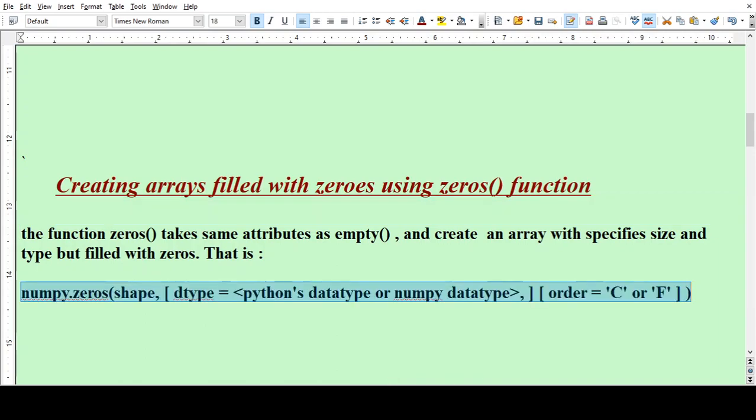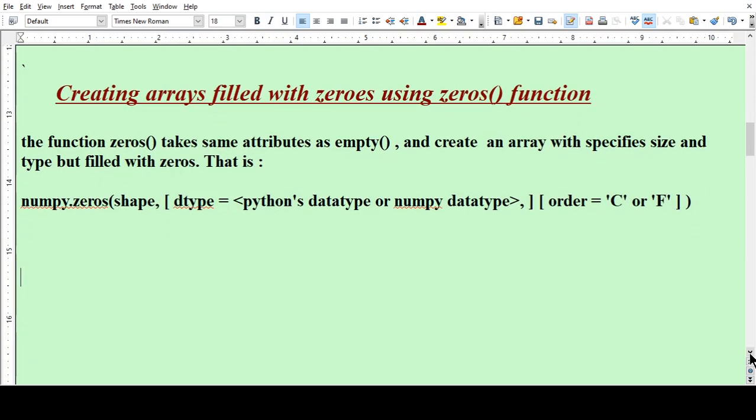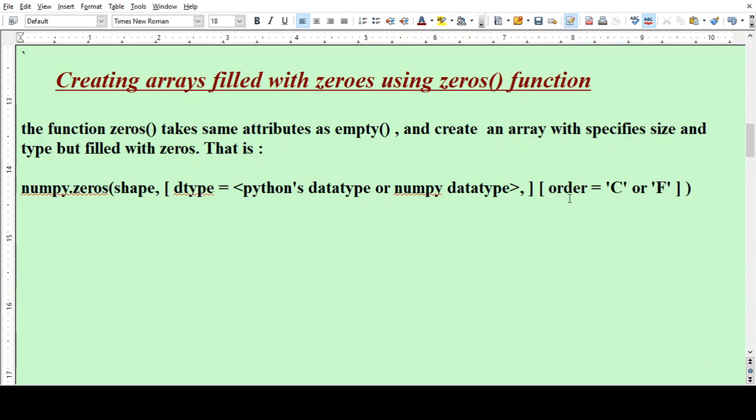Its syntax is numpy.zeros(shape, dtype, order), where dtype is a Python data type or a numpy data type, and order is C or F.